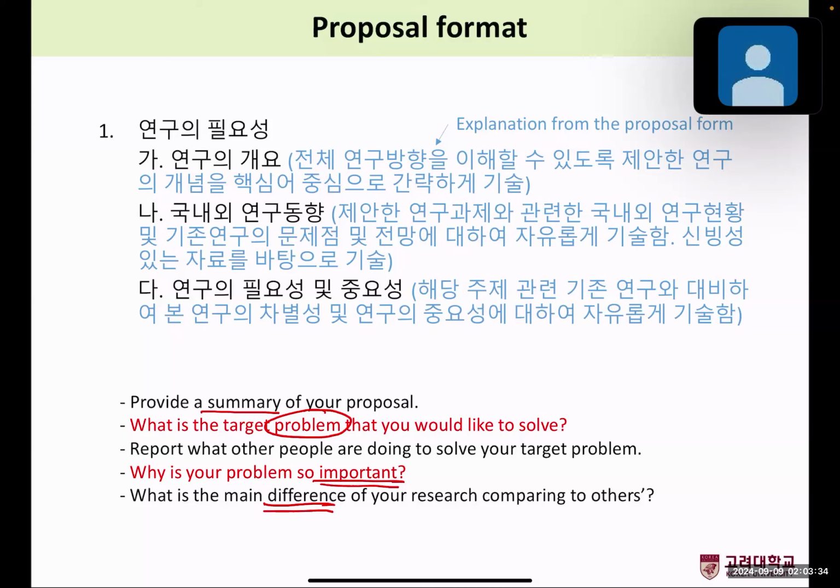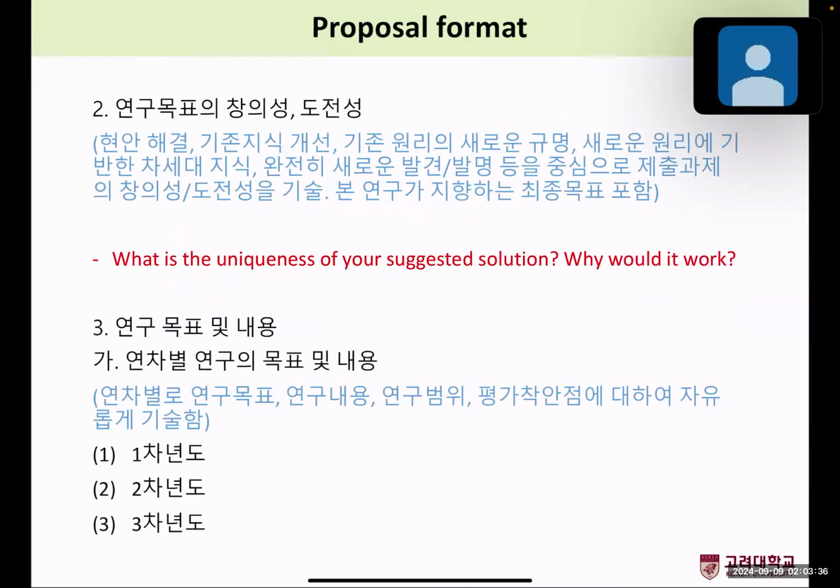And then the second part will be the uniqueness and how innovative